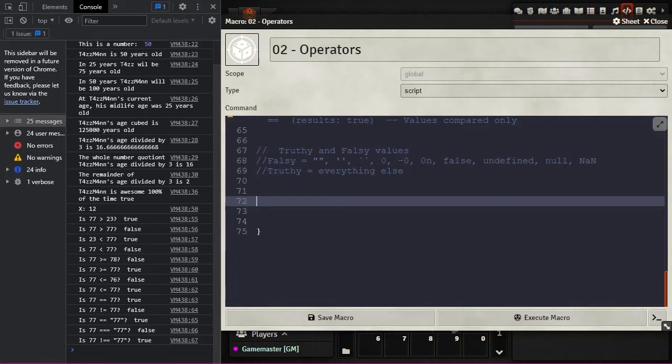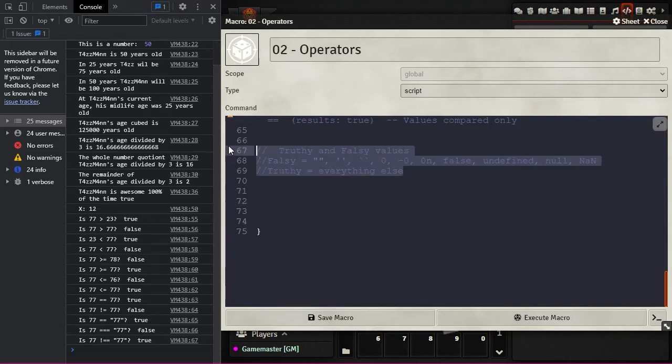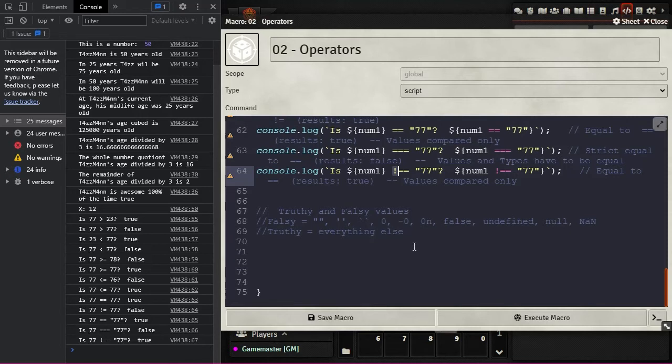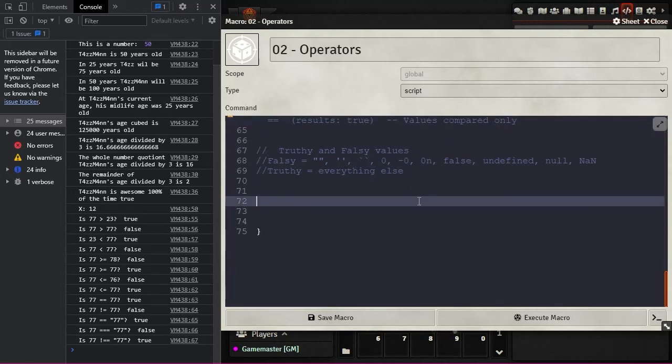Now, we also have logical operators. So technically this isn't an operator, but to really get more out of the logical operators, you kind of have to understand this. So we have logical operators, and I mean, we've already seen the not operator, right? There's also what's called the AND operator. So we're comparing two things. We're saying this value and this value, if they're the same. And usually when you're doing the and or type things, you're checking